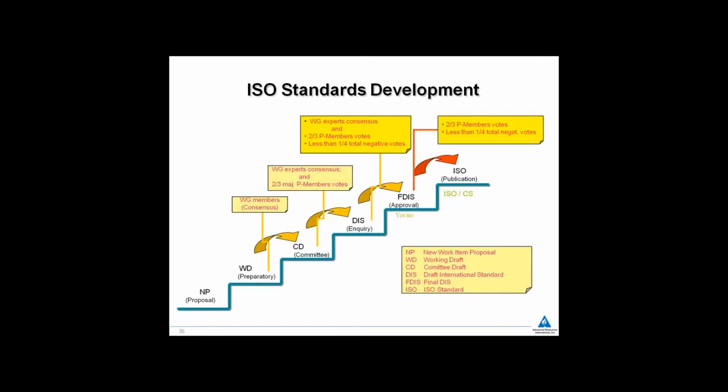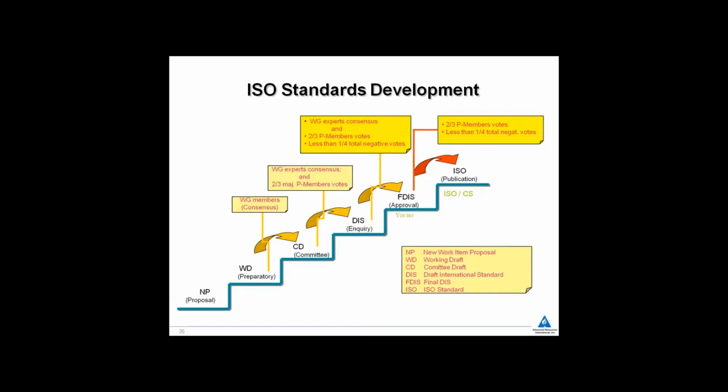committee draft. And what you'll see quickly is as you climb the ladder, there's more and more scrutiny, more and more refinement that has to occur for that document to take the next step. In order to go from a working draft to a committee draft, and then from a committee draft to a draft international standard, not only do all the working groups have to have consensus, but 2/3 of the participating members also have to vote, and they have to vote in the affirmative to move from a committee draft to a draft international standard. Once a draft international standard is agreed upon, then it will move into a final draft international